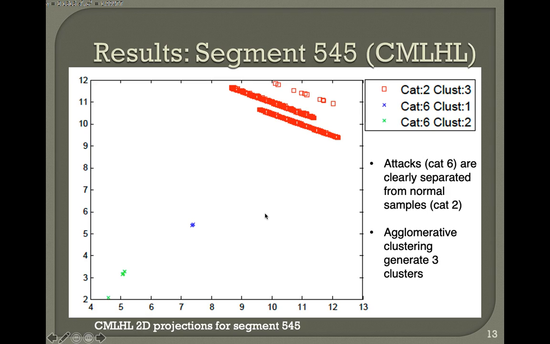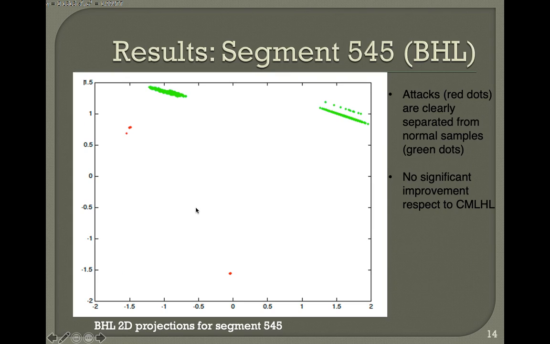So it is easily separated and clearly grouped. In case of beta Hebbian learning, it also can separate easily the normal behavior and the attacks. So there is not a significant improvement with this novel technique, beta Hebbian learning, with respect to the cooperative maximum likelihood Hebbian learning due to the simplicity of